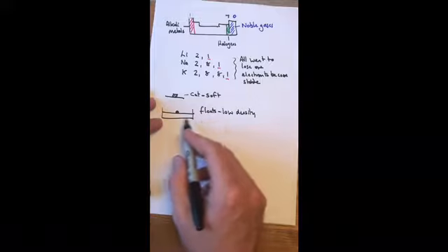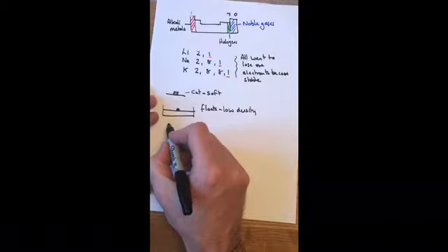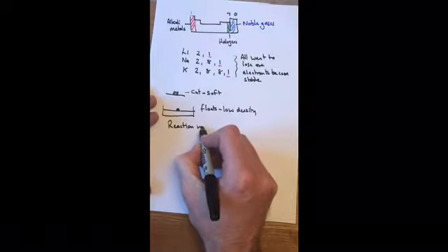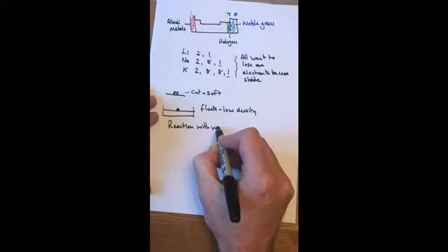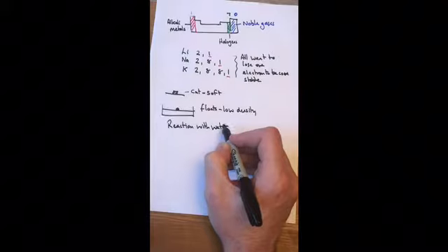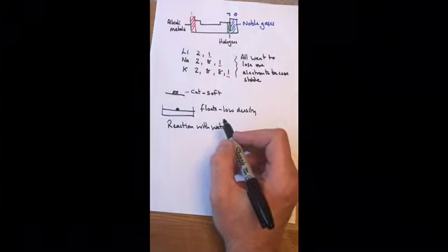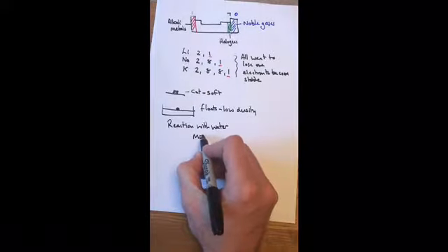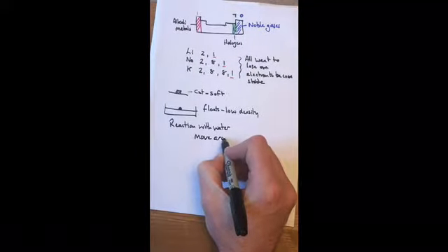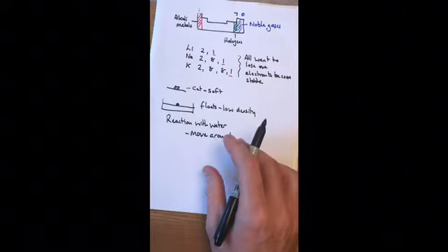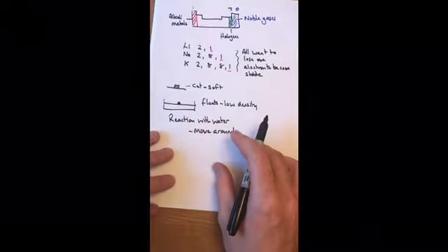Now once it's on the water, in contact with the water, that is when the reaction actually begins. So let's have a look at some of the key things about the reaction with water. So during the reaction with water, what you'll see this doing is it will start to move around. So the metal will actually start to move on the surface of the water,